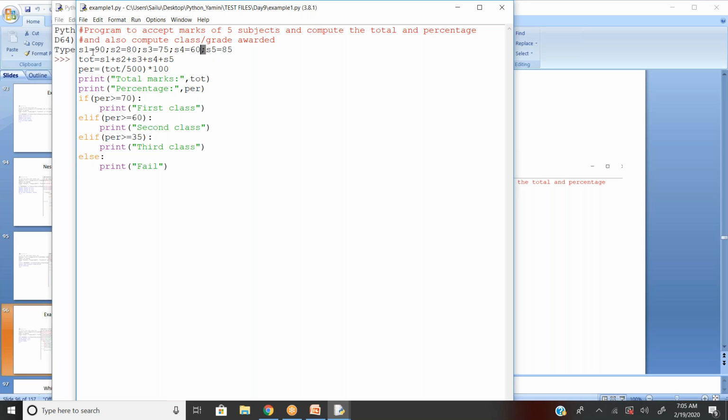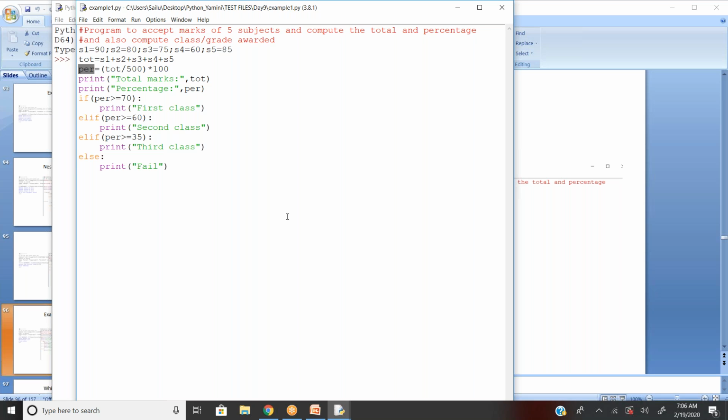Now, to get the total sum, I just use the total S1 to S5. So the values I stored in S1 to S5 will be summed together and stored in total. Now to get the percentage, I used total by 500, because 500 is the total, multiplied by 100. So I got my percentage.